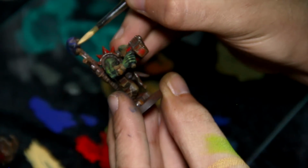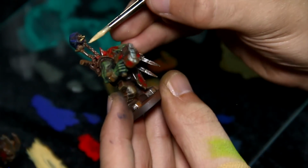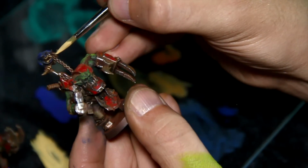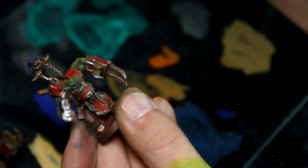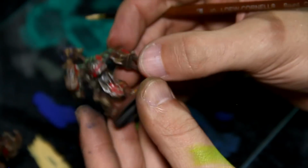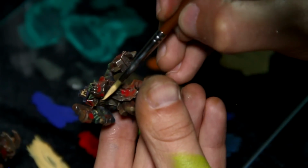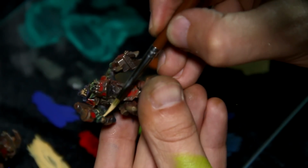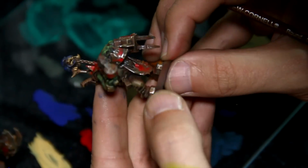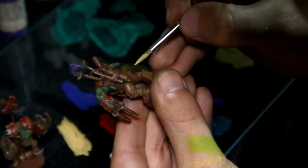Just a flat brush on this squig's teeth. It's going to help him look kind of sharp. The claws, just a flat brush. His teeth are covered up pretty well by this jaw, the iron jaw or whatever. But I'll just quickly hit his fingernails. He doesn't have a whole lot going on, but while I am at it, I'm going to pick out little things like